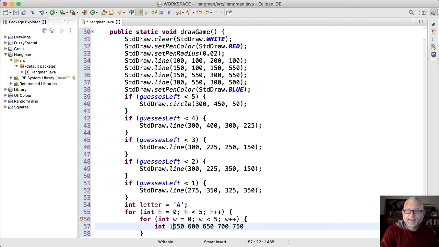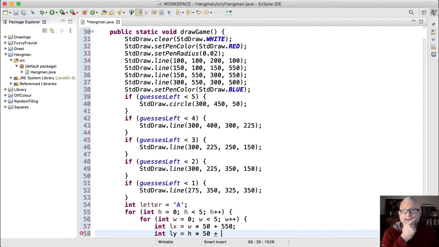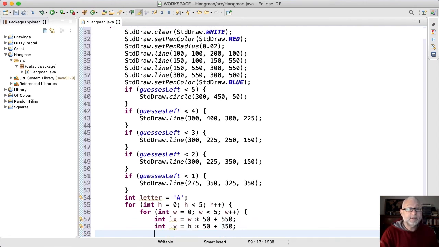So that letter x coordinate is w times 50 plus 550, and the letter y coordinate is the height times 50 plus, now h can go up to 4 times 50 is 200, 600 is my top, so that must be the top. So if I subtract 350, okay, and each time I want to draw a letter,